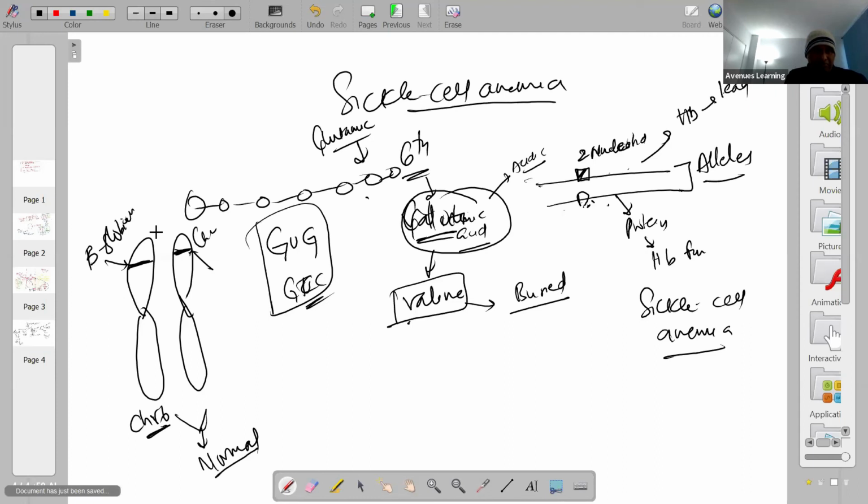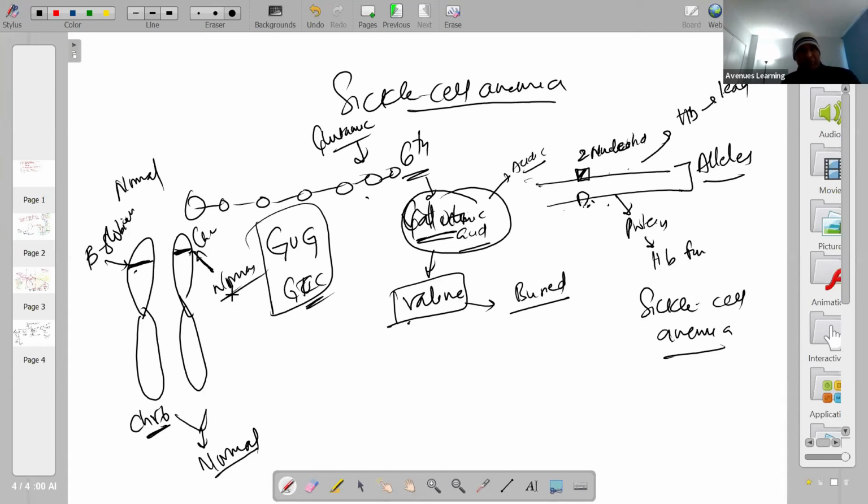Okay, there are some genes which are associated with the sex chromosomes. If the gene is associated with sex chromosome, you all know that sex chromosomes will actually determine the sex of the individual. So if it turns out to be a boy, he'll have a different combination of sex chromosomes. If it is a girl, they have a different combination of sex chromosomes. Depending on that, if it is associated with the sex chromosome, you will end up with sex-linked disorders. So what we are trying to say here is, if the father has a normal copy and the mother also has a normal copy, then there's absolutely no issue.